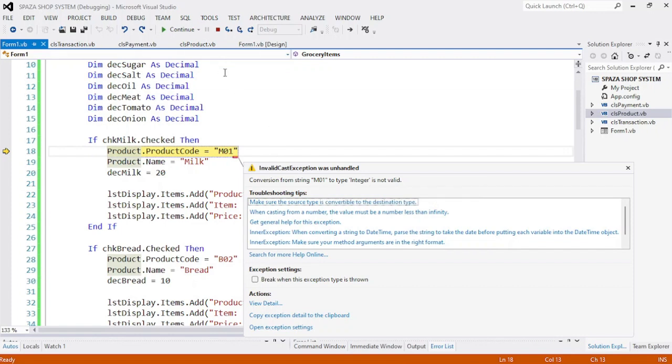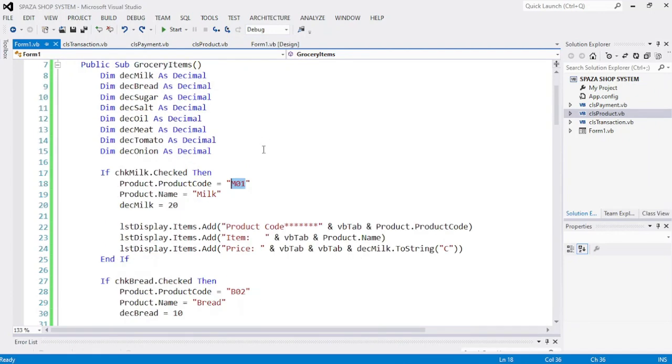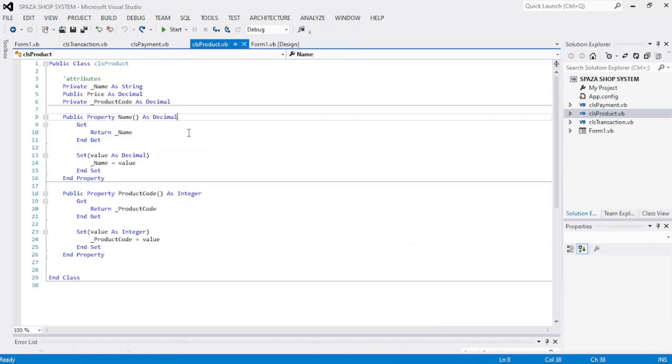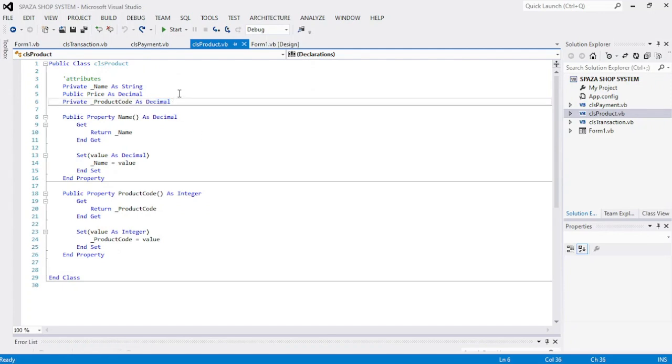Okay, so this is normal when we do a project, because we are human beings. So we just have to know what the problem is. Our problem is in this code. So we have made some mistake, because in the product class we wanted our product code to be a decimal. So our product code is a decimal, and in the property it is an integer. So we can just change this decimal